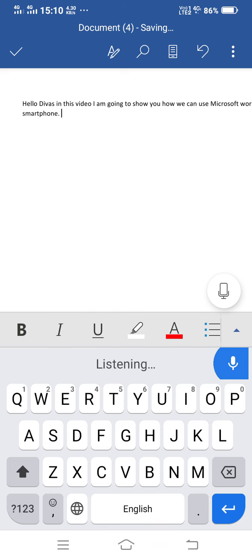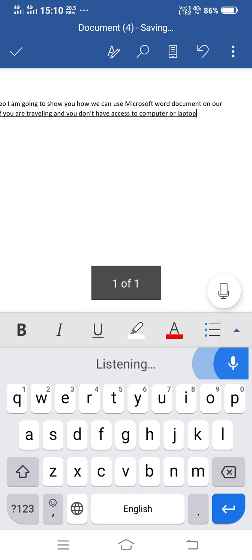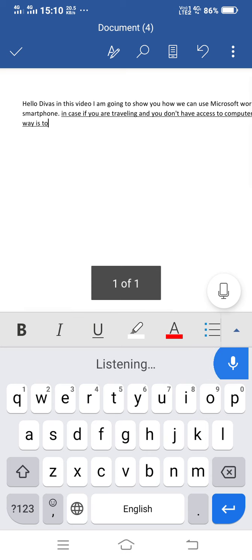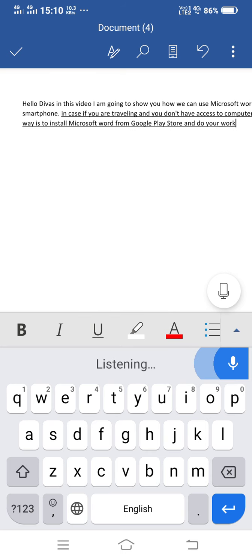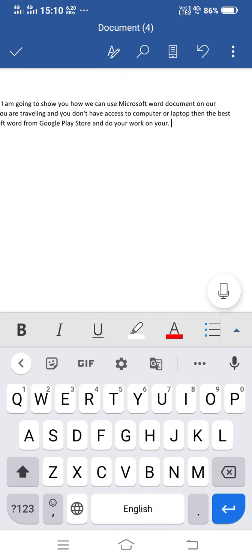In case you are traveling and you don't have access to a computer or laptop, then the best way is to install Microsoft Word from Google Play Store and do your work on your smartphone. So here you can see how easy it is to type automatically on this smartphone Microsoft Word document.